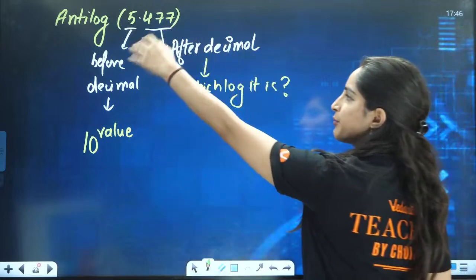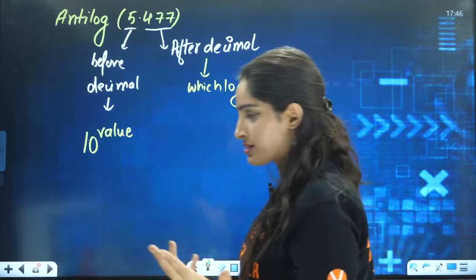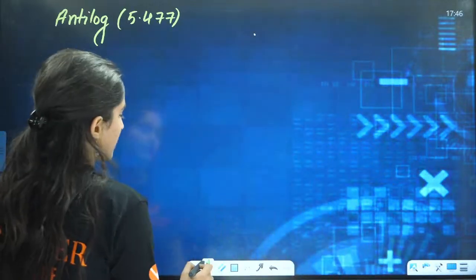This is the best way: before the decimal, 10 raised to power that value, and after the decimal, which log it is. Now for example, they are asking you